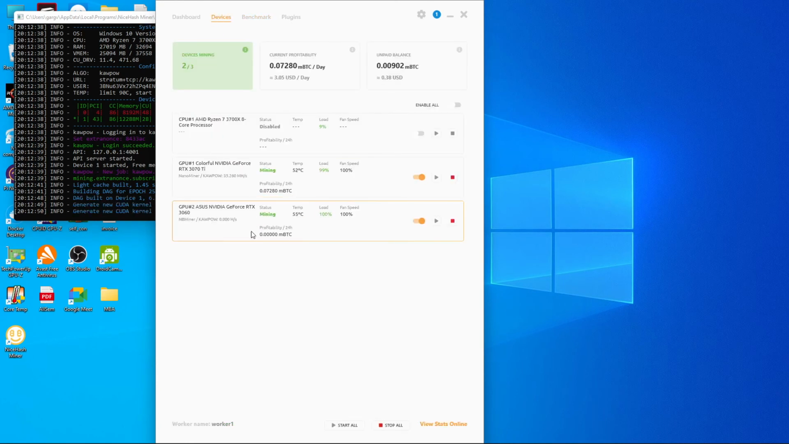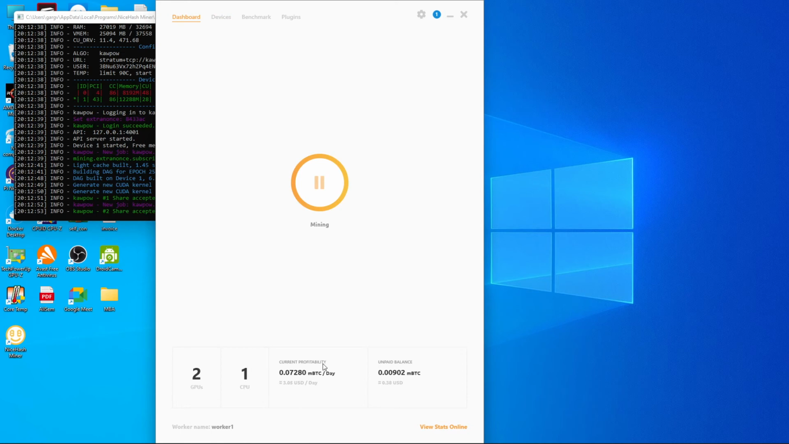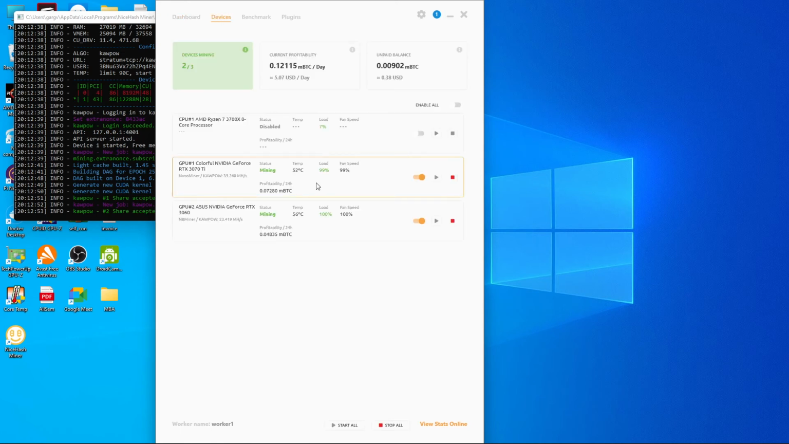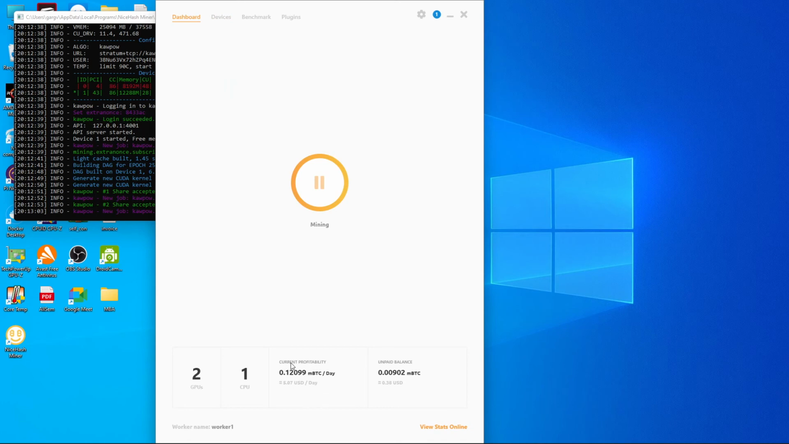These cards are mining less right now because I have not overclocked the cards to their potential. And here you will be able to see how much you are making. So our 3070 Ti without overclocking is making this much, and our 3060 is making this much. When I overclock them, these figures are going to change. So we are making this much in a day, and when I go to here,